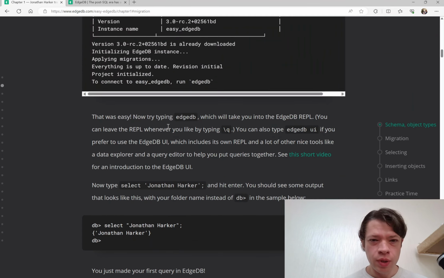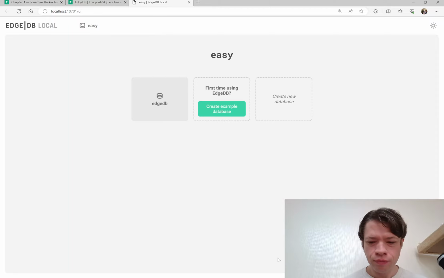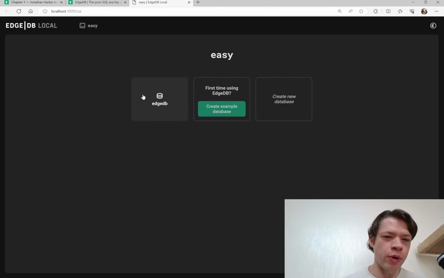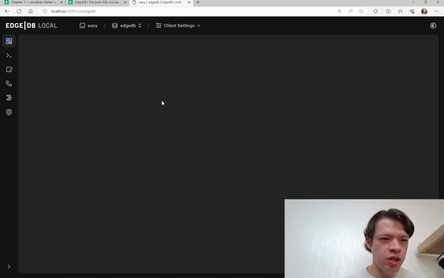Okay. So now we've typed that, which takes us into the REPL, and there are actually two options here. We just used the REPL, and there's also the EdgeDB UI, which people seem to like better because it looks nice. We're going to try to use the UI as much as possible, but the UI has its own REPL. Here's our instance called easy, and inside an instance are one or more databases, called edgedb by default. So this is the actual database, and if we go inside there,